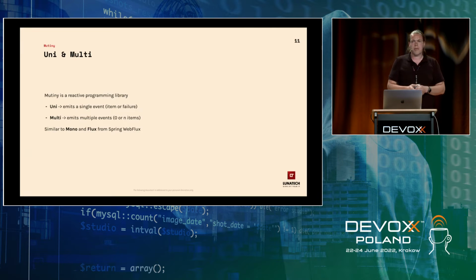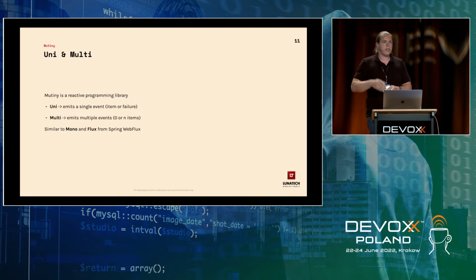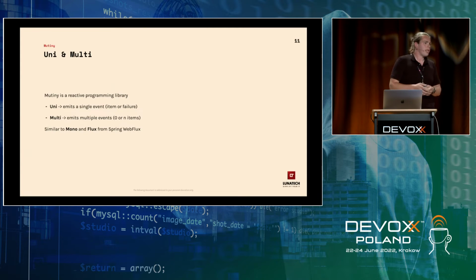Imagine I'm reading from a Kafka topic, someone is publishing events there, and the stream just keeps on going and going. The nice thing here as well with Mutiny, it fully supports back pressure as well. So if someone on Kafka is pushing too many messages in there, it'll actually not overflow your own application, but only handles them at your own pace. So imagine that on each event that I get or item that I get, I need to do a lot of work, and someone sends me thousands of messages, I can't deal with them, then it actually uses back pressure to say, hey, take it easy, I can only handle so much.